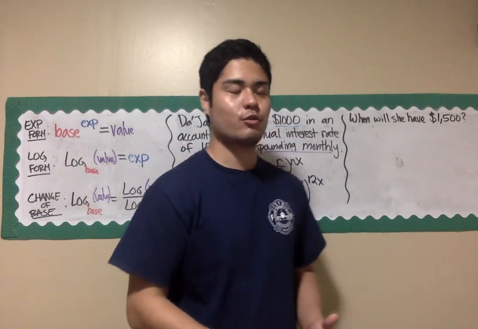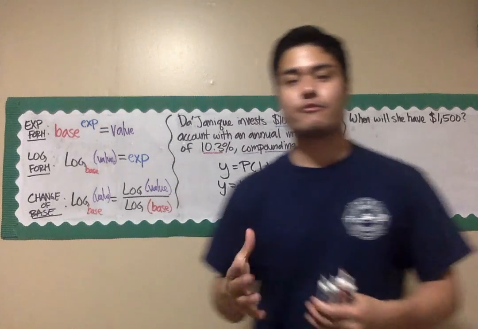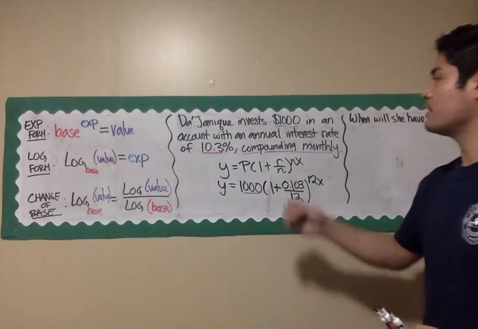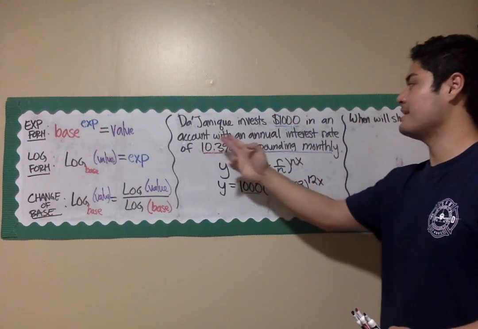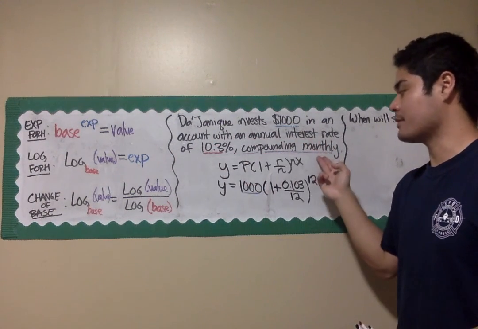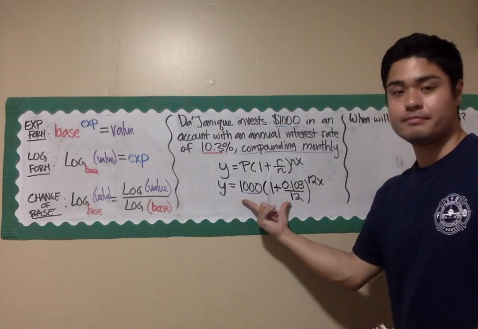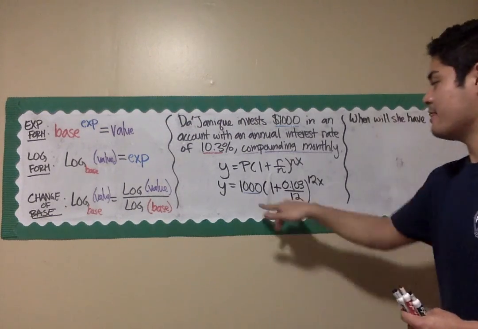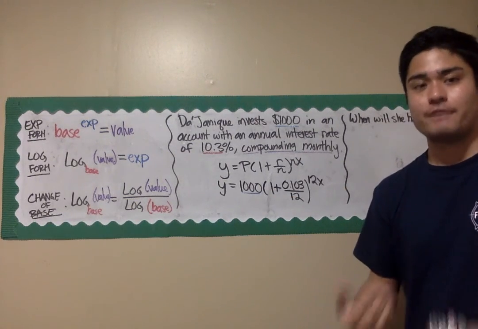So we now have our question. When will she have $1,500? This is referring to our previous situation where Dejanique invests $1,000 in an account with an annual interest rate of 10.3%, compounding monthly. And in another video, we set up the equation here. So we're going to have to use this equation to figure out in how many years Dejanique will have